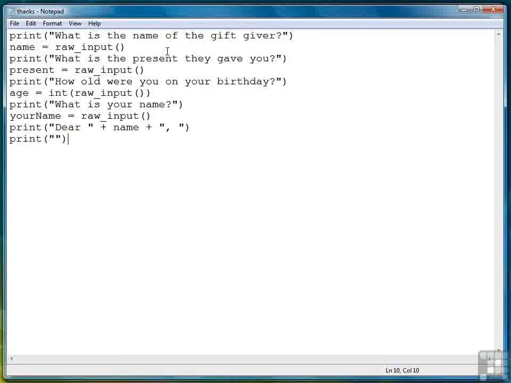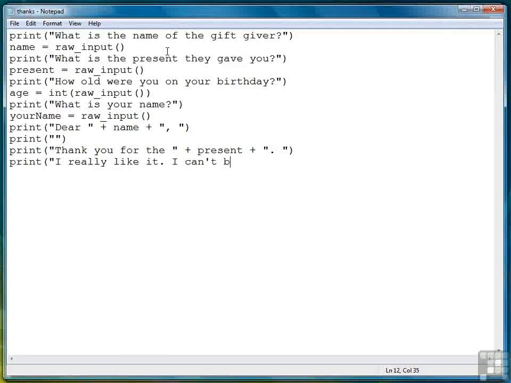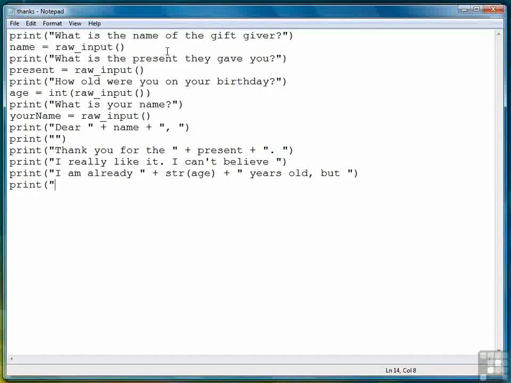and we'll put a blank line, and we'll say, thank you for the present, and then a period, and a space, and then we'll say print, I really like it, and we'll say I can't believe, and then a space and close, and then say print, I am already, here we're going to convert age to a string, then a space, and say print, but it does not feel much different than being, and then we'll go down to the